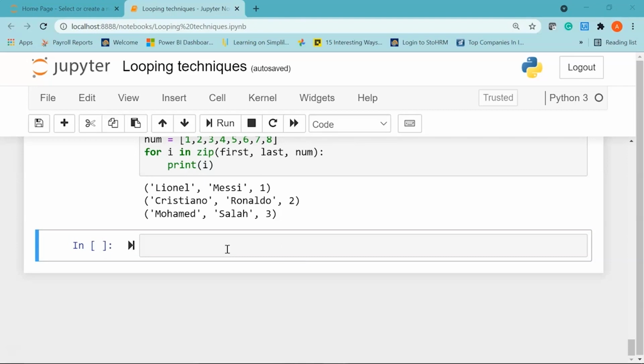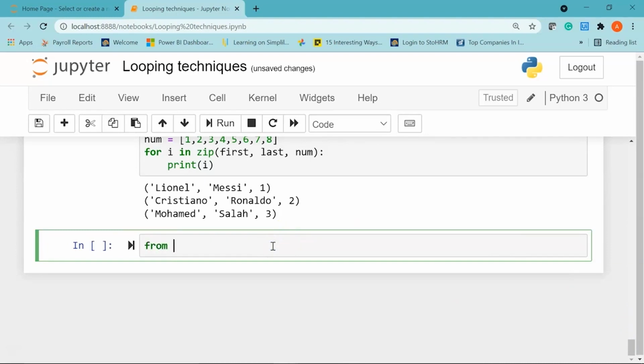The zip_longest iterator falls under terminating iterators. It prints the values of the iterables alternately in sequence. If one of the iterables is printed fully, the remaining values are filled with the value assigned in the fillvalue parameter.